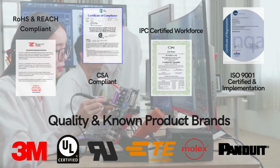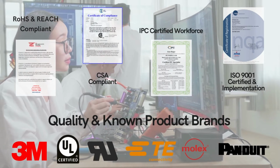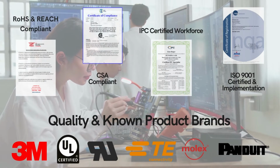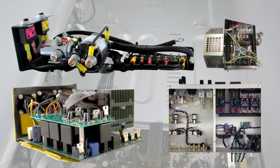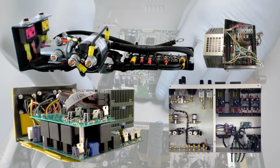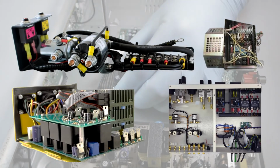Along with the variety of unique capabilities mentioned previously, dedicated time and expertise is required to manufacture quality-certified electromechanical and box build assemblies. Therefore, manufacturers that require electromechanical box build assemblies in their applications can fully rely on Z-Tronix's readiness